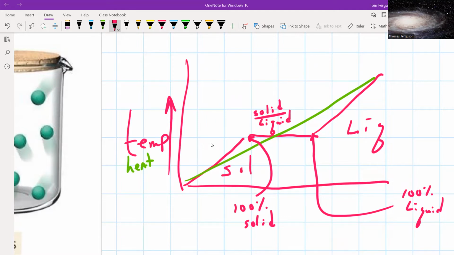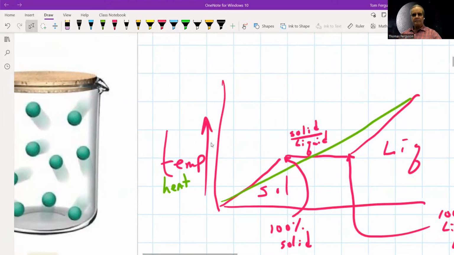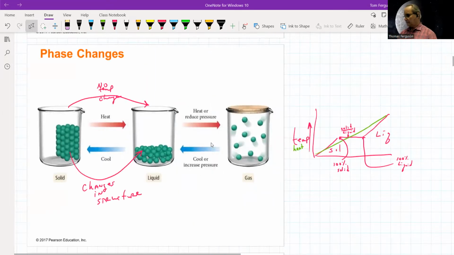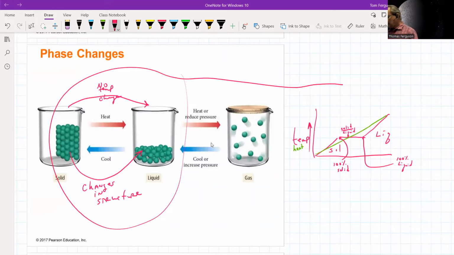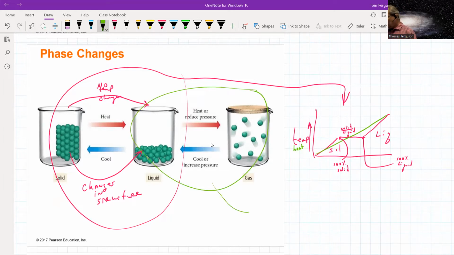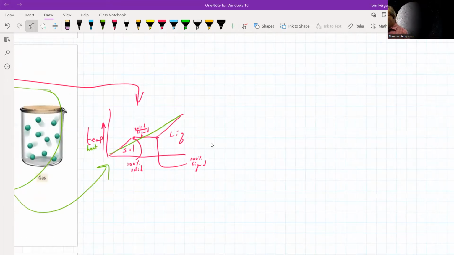Okay, so then the same thing would happen going from a liquid to a gas. The temperature would go up until the transition starts. You have to keep putting more energy in though, and that more energy is manifested in going from the liquid to gas until there's no more liquid left. At 100% gas, the temperature starts going up again. So if we look at these together,